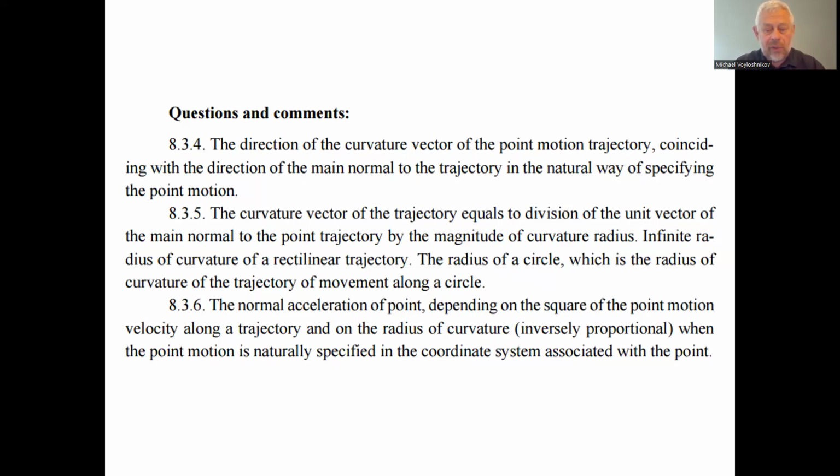The direction of the curvature vector of the point motion trajectory coincides with the direction of the main normal to the trajectory in the natural way of specifying the point motion. As we introduce the curvature vector as the derivative of the orth, the unit vector of the tangential natural coordinate system, then finding the direction, we find that the orth of the tangential coordinate system changes in the direction of the main normal, perpendicular to